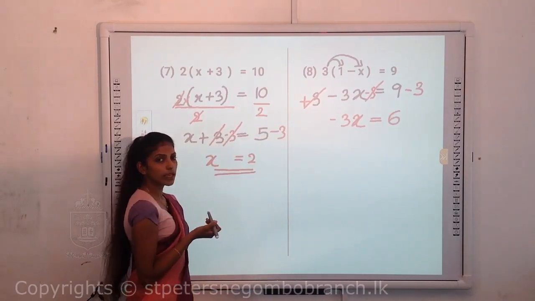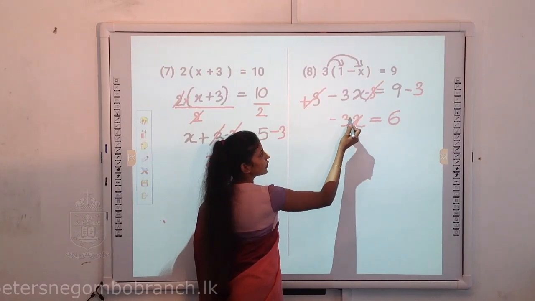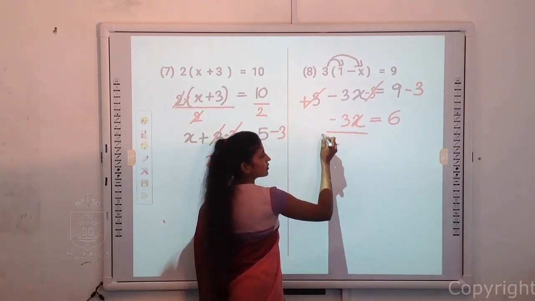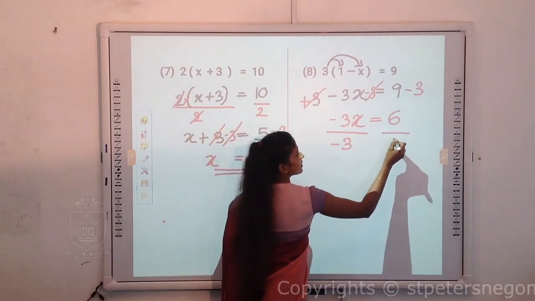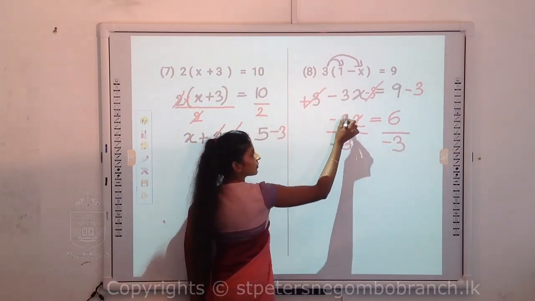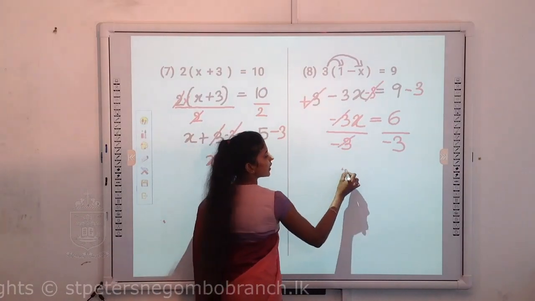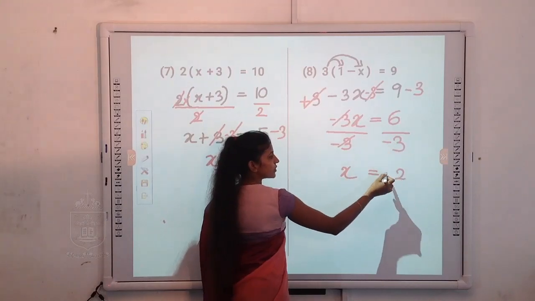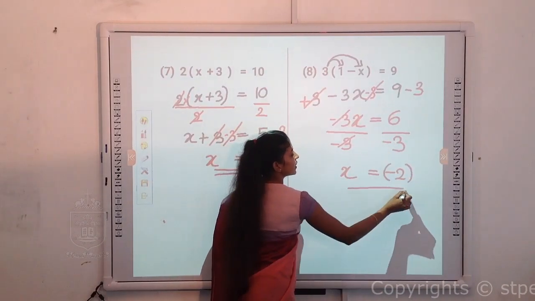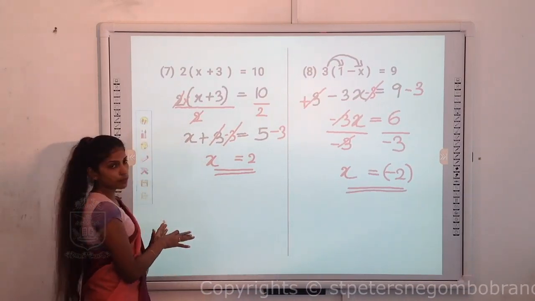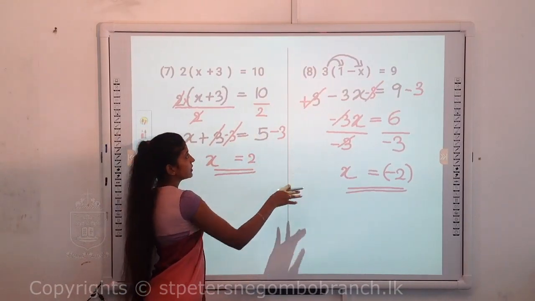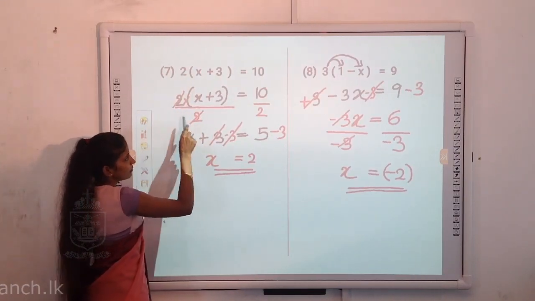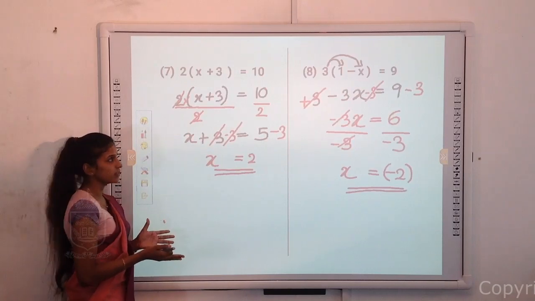So our next step is to cancel minus 3 from this side. Here it is multiplication, so you have to do division. So let's divide by minus 3. 3 cancels. x equals 2, but here you can see plus and minus division, so you will have a negative 1. So this is the second method, and that is the first method. Here you remove the bracket at the first step, and there you cancel an outside term by dividing. So you can do it in the easiest method.